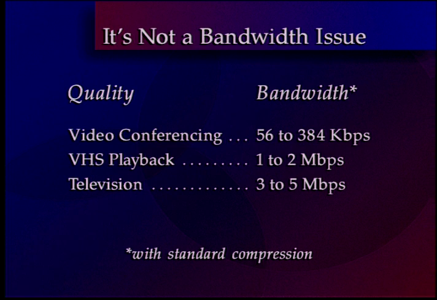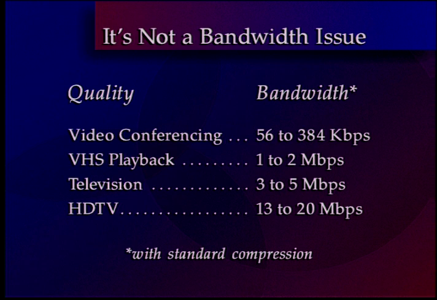Again, comparing this to the 10 megabits provided by Ethernet, it's obvious that the quality from the current video conferencing through broadcast television can be accommodated by Ethernet. However, the next step on the video horizon is something called high definition television, or HDTV. High definition television, which has only yet been deployed in Japan, is a much higher resolution, much clearer, much crisper image than we see on current generation televisions. At this point, that requires 13 to 20 megabits per second, which is obviously too much for an existing Ethernet network at 10 megabits per second. However, this could be very comfortably accommodated by a 100 megabit per second Ethernet network.